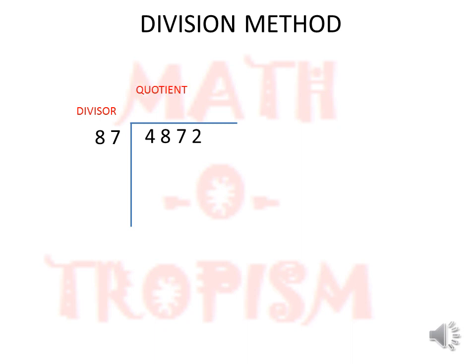So now, first let us start. We will first consider the first two digits. So 48. This is lesser than 87. So it means when we are considering the number, the new number which we should consider is 487. This number which we are going to find the multiple of 87 of is called the number considered.